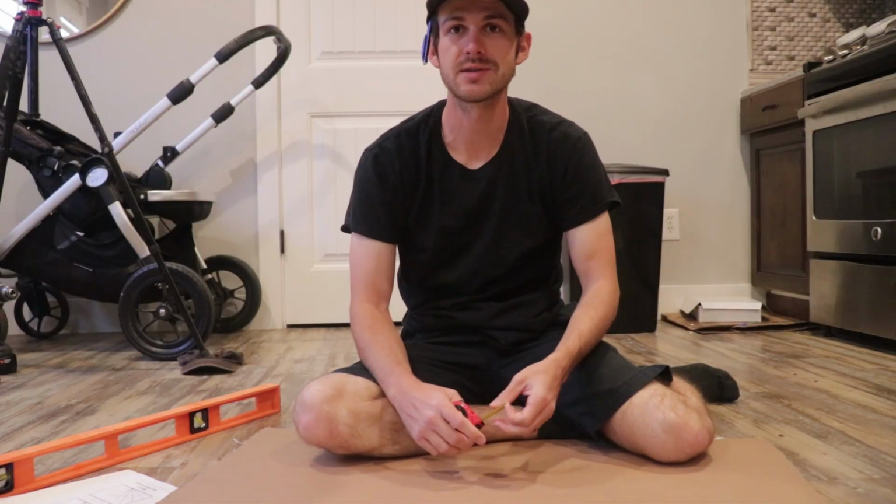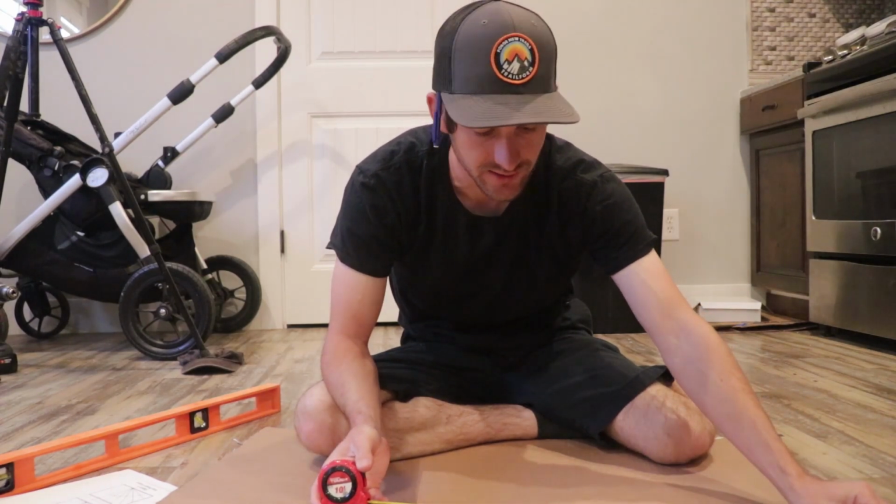pretty much two flat pieces. So I have two identical pieces that are about this big. It says you need them to be 75 centimeters long and 50 centimeters wide, but hopefully it's pretty simple. I haven't actually made this design before. The instructions seem easy enough to where anyone could follow them and make it. But pretty much the first thing that I'm gonna do is just make sure that these are exactly the right